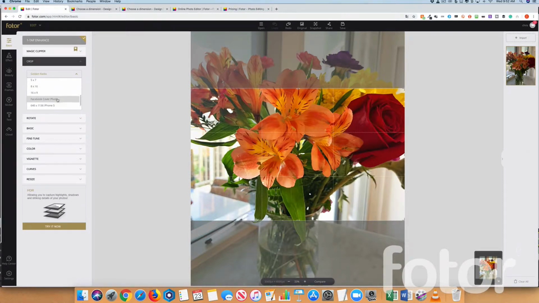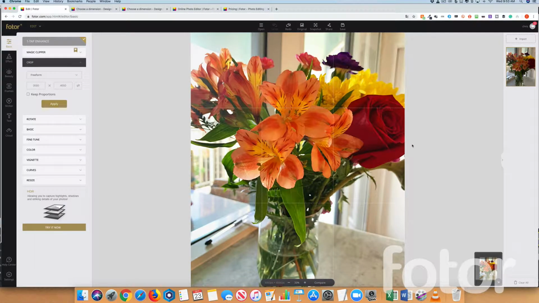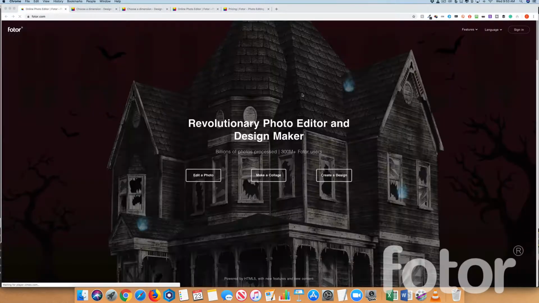Golden ratio, 3:5 postcards. We can do 16:9, a Facebook cover photo if we wanted to, you know. But what I'm going to do is I'm just going to do it freeform. And just like that, we can save it, we can share it, and we can download it. So great, great application. But where I think Fotor really comes into its own is this idea of making collages,